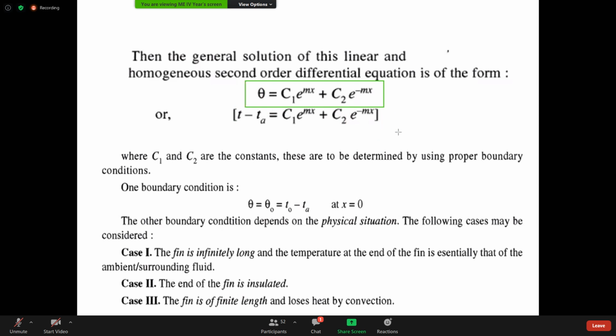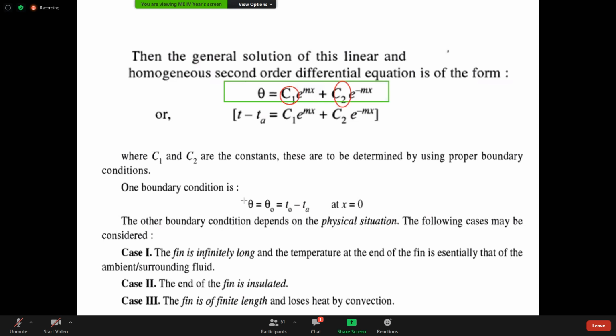How did you get this equation? From the differential equation, you got this. Whatever basic mathematics you learned in your first year, the general solution for the differential equation, right? This is the differential equation. This is the general solution, because C1 and C2 are the constants. Our intention is to avoid these constants. As I discussed in the previous topics, boundary conditions are important.